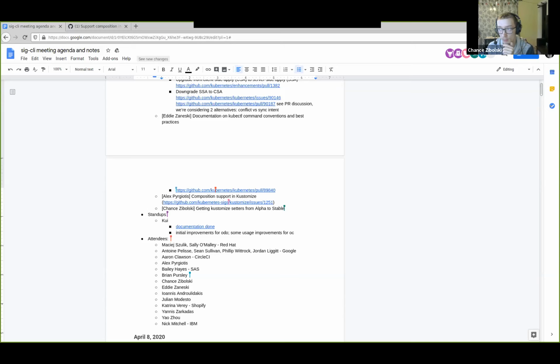Just FYI. Can you say that again? The kept docs are pretty good about covering this. I pretty much used it as my reference, but without kept. So kept has a few add-ons to the feature that customize doesn't, but you can mostly make it work if you read the combination of the help for customize config set, and also the KPT docs on KPT CFG set. They're built on the same libraries.